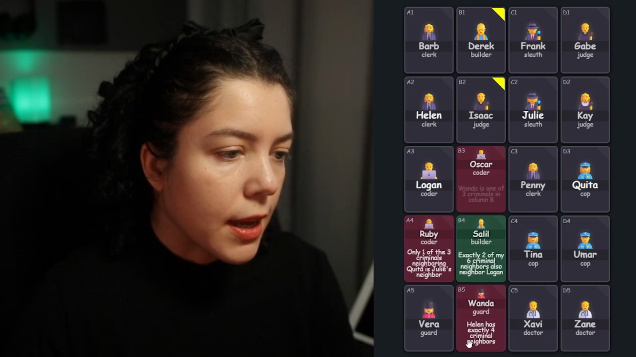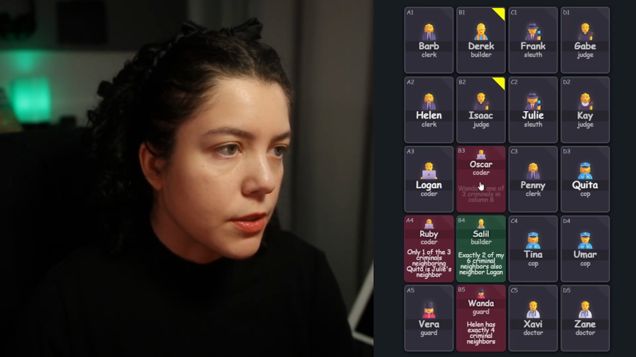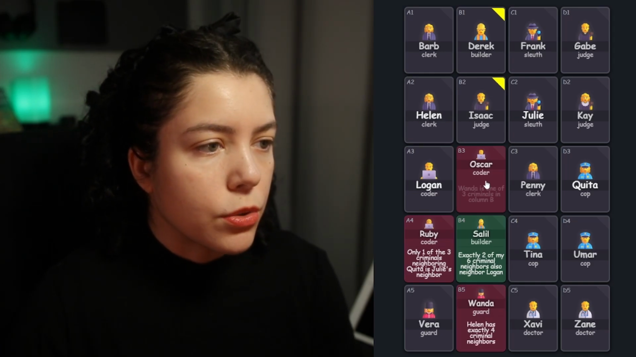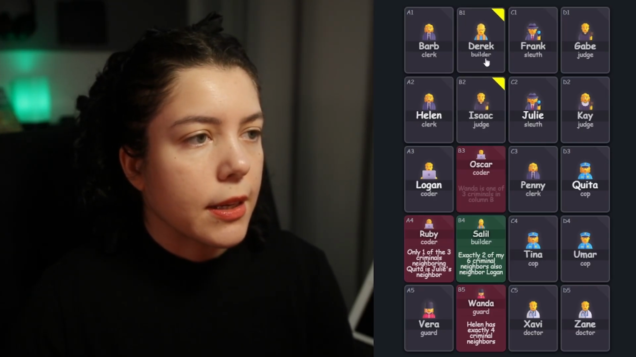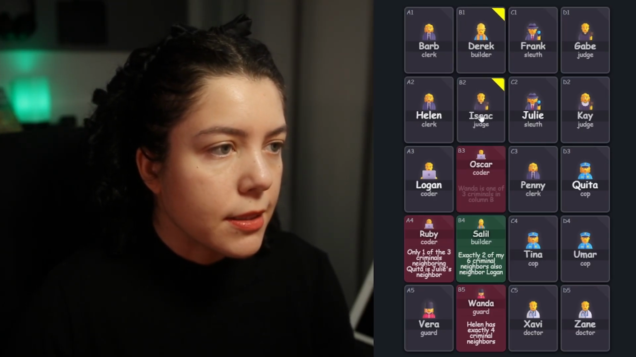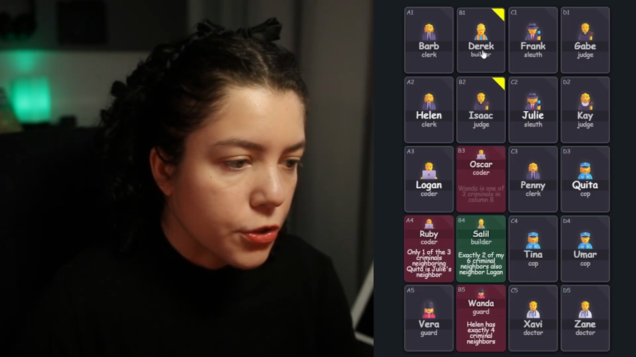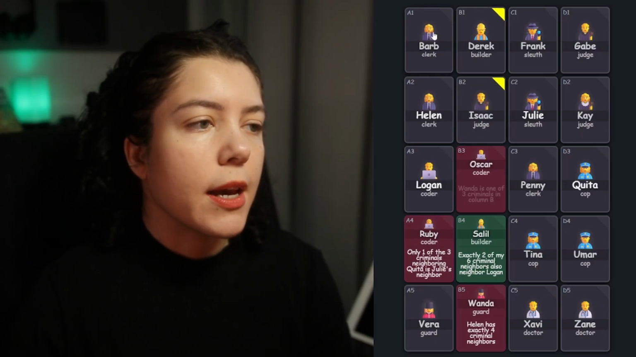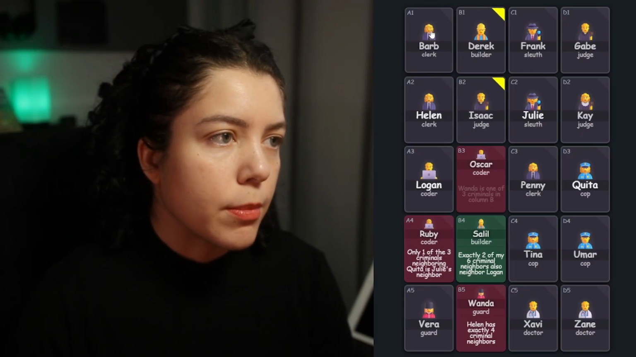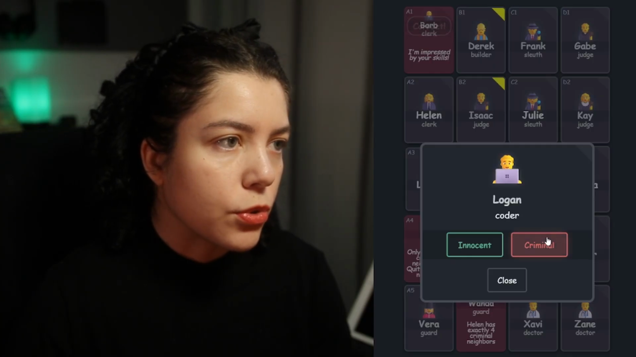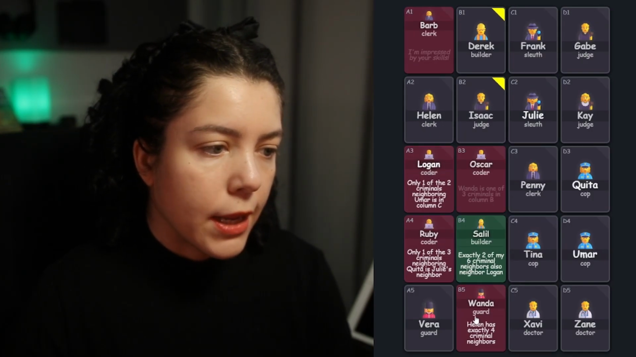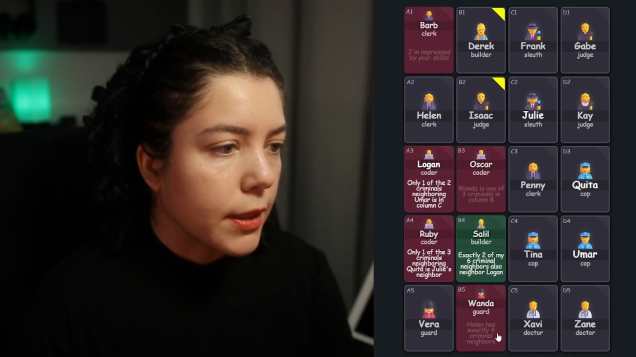Now, Wanda says that Helen has exactly 4 criminal neighbors. Helen has 1 criminal neighbor here who's Oscar. She's gonna have a second one who's either Derek or Isaac, like I said. So that makes her need 2 more criminals neighboring her to total 4. And she only has another 2 neighbors. So those 2 have to be criminals so she can have 4 total. And we don't need Wanda's clue anymore. Now,